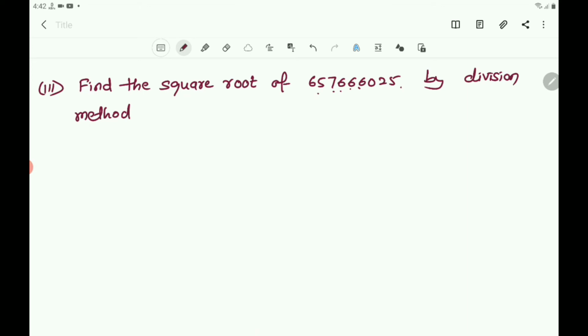Third question. Find the square root of 65 crore 76 lakh 66,025 by division method. Find the square root of 65 crore 76 lakhs 66,025 by division method. Now you take the number. What is the number? 65 crore 76 lakh